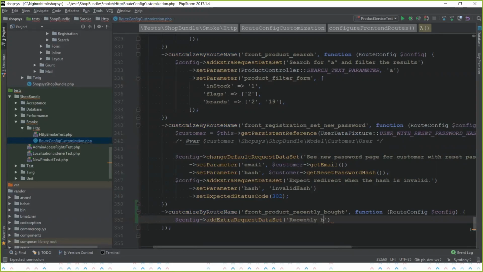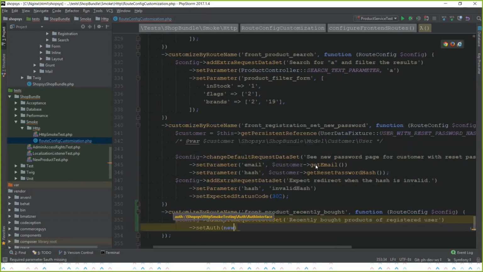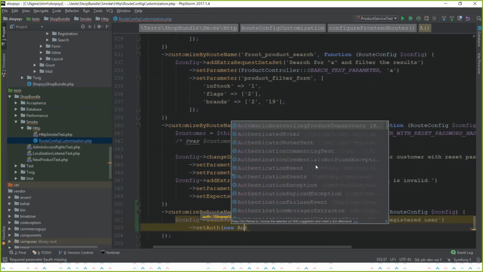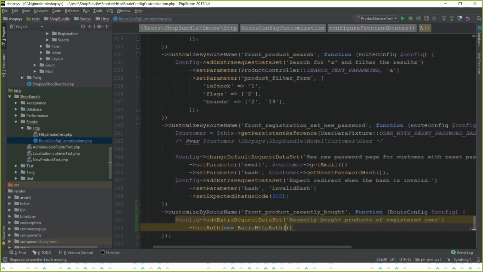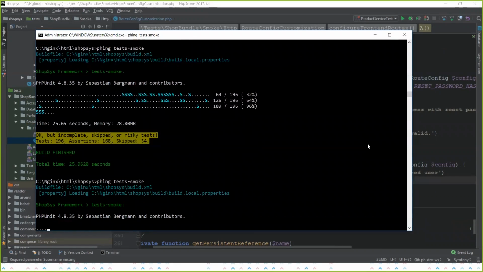So recently bought products of registered user, and for this scenario, I can provide an authentication basic HTTP auth, and I will provide the credentials from the demo database. And now, when I run the smoke test,